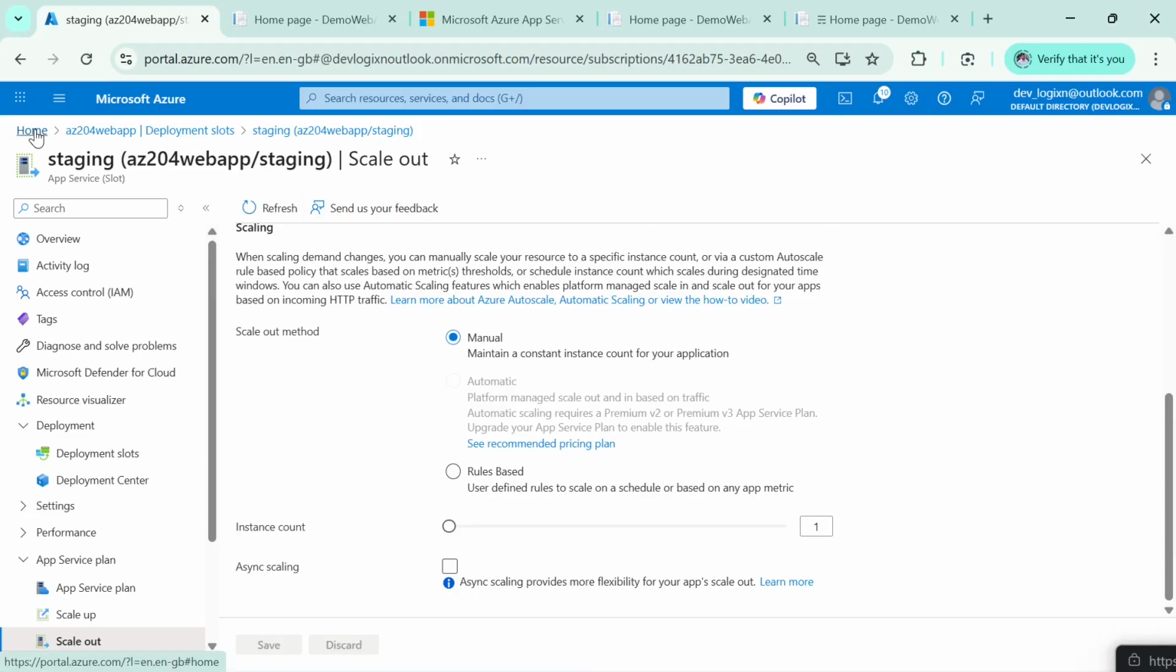So this is the example of Azure Web App. We have discussed deployment slots, automatic scaling, manual scaling,